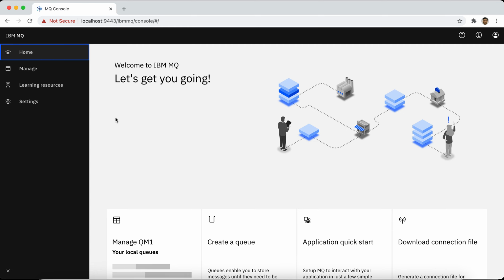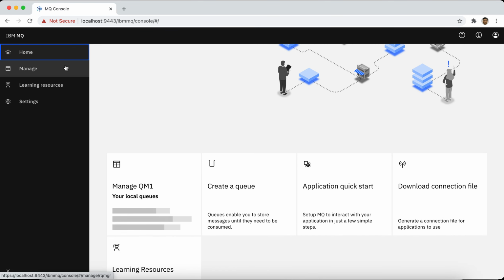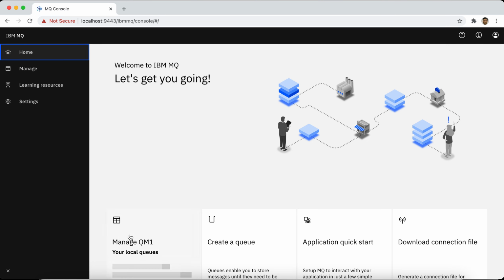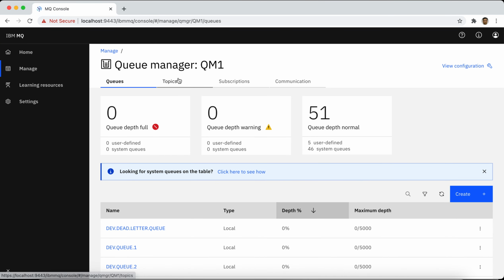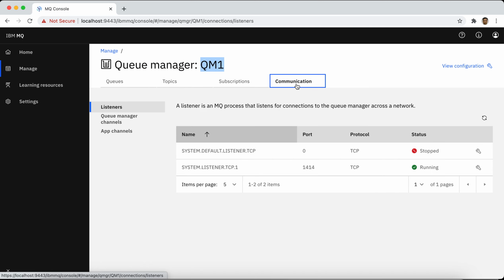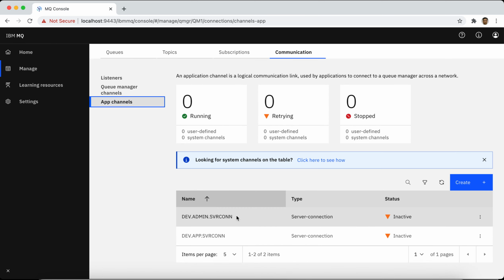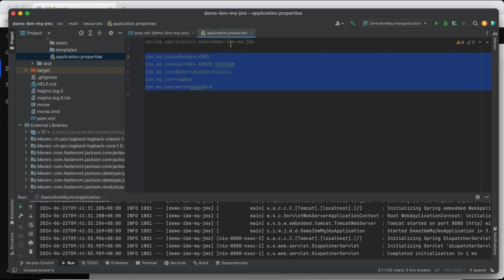For the queue manager, you just go to this home page, then click manage QM, then you can see here the queue manager, which is QM1. Then for the channel, you can go to communications, application channels, then these are the channels. As you can see, we use this in our demo, right? Dev admin server conn, and QM1 as our queue manager.